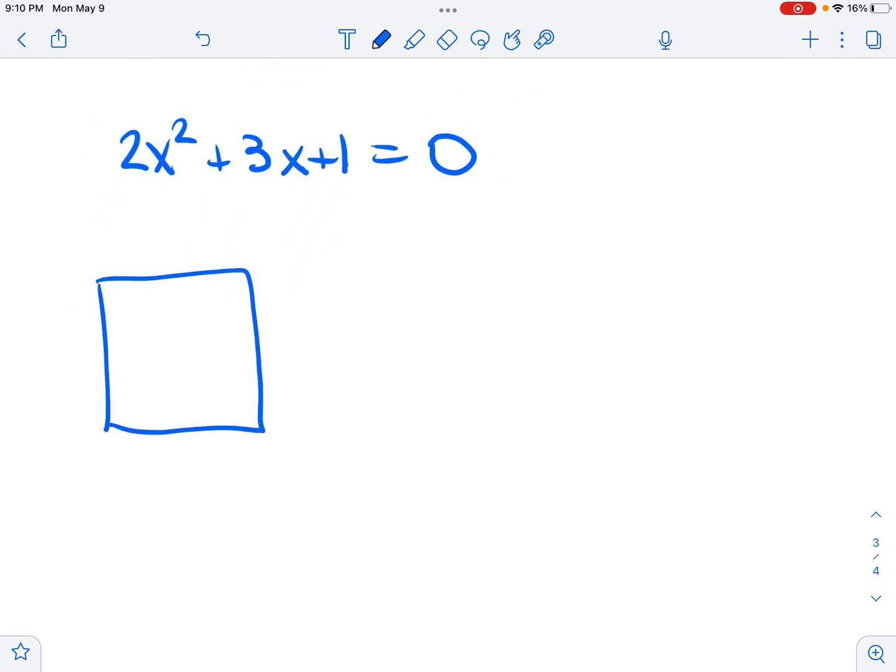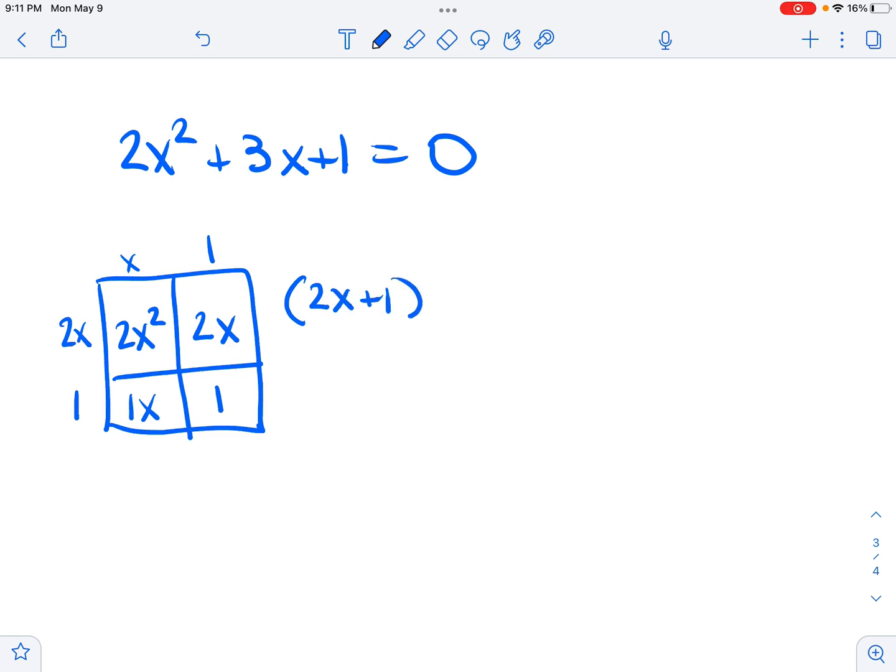I'm going along, doing my merry thing. 2x, oops, I filled out the wrong way, but that's what it's going to turn out to be anyway. 2x squared, 2x and x, put a 1 there. 2 numbers that multiply to 1 are 1 and 1. So that gives me a 2x here and a 1x here. And that's a nice 3x in the middle, so 2x plus 1, x plus 1, life is all good,